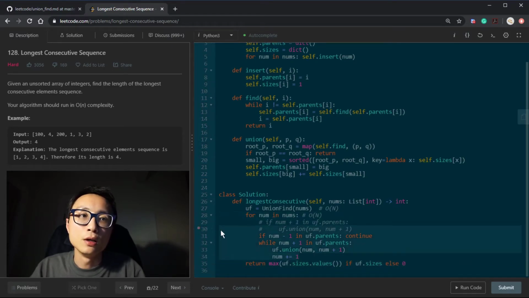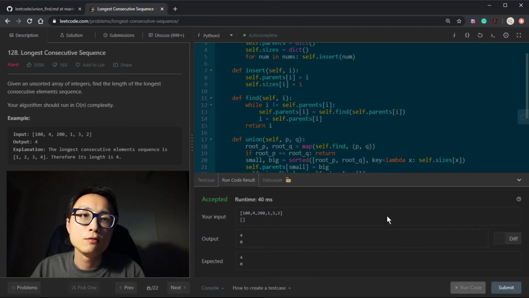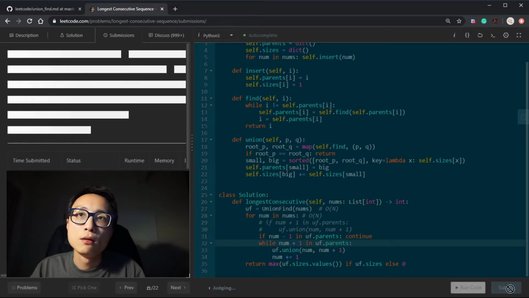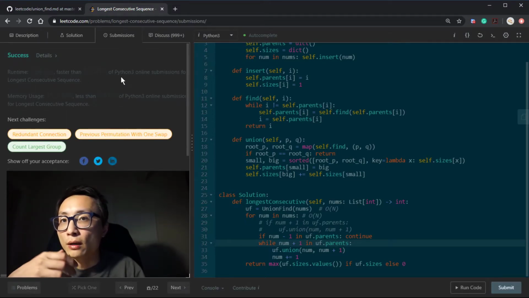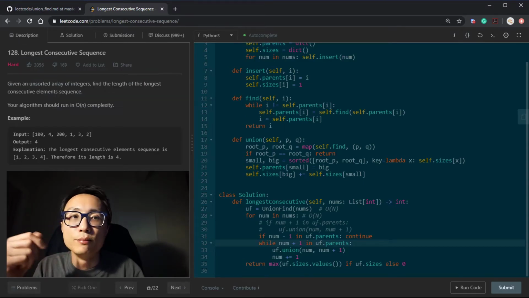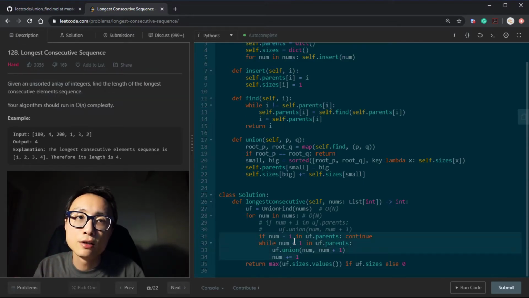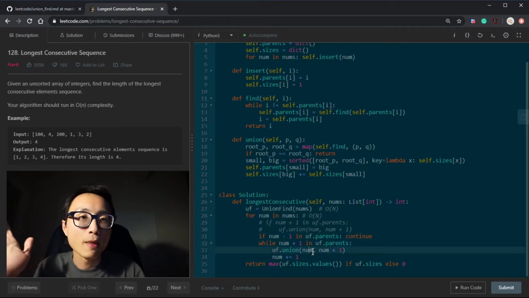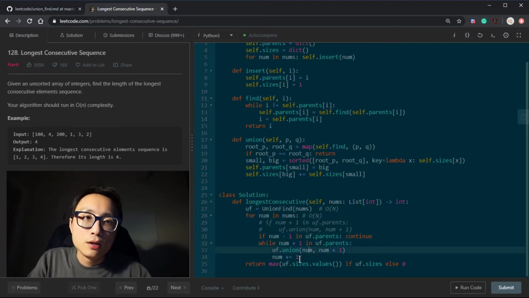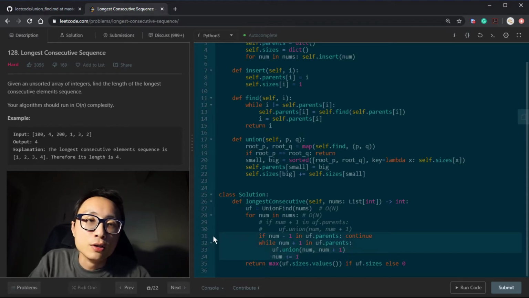So this will be a slight modification. Let's see if it works. And it's not faster, but based on some analysis, this should be slightly more efficient. But anyway, notice that if we look at this solution, then